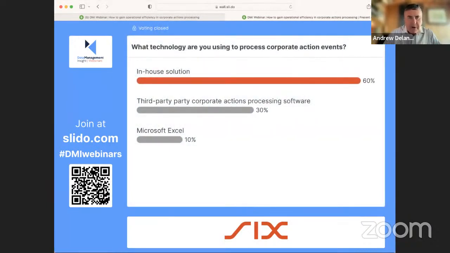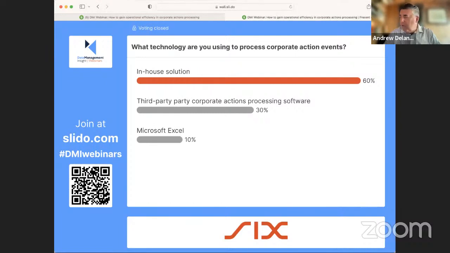This one was looking at what technologies people use. Yeah, overwhelmingly in-house solution. Is this what people thought they'd see? Yogita, what about you? I would have liked it to be a little bit less percentage. One would think that you would have slightly less in-house solution and more third-party solution, a bit of a balance. But what is pleasantly surprising is that only 10% are saying that Microsoft Excel is being used. So that's good, right? We are on a better journey towards automation in my mind. Yeah, so the world has moved off Excel onto more dedicated and hopefully appropriate solutions one way or the other. Excellent.